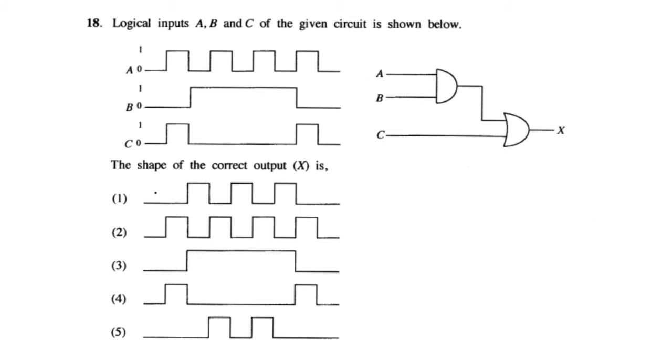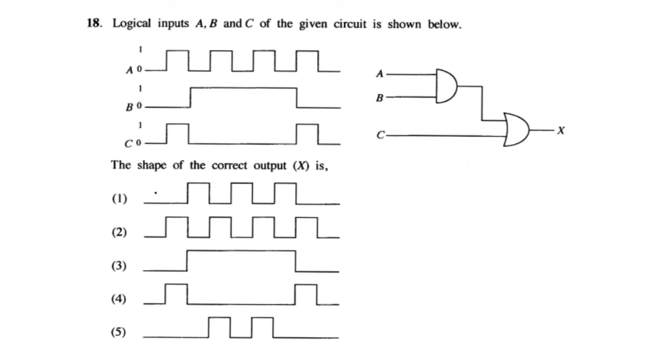So let's fill the next column C. It is for the input C. C is 0, 1, 0, 0, 0, 0, 0, 1, 0. Now X dash and C are inputs for the OR gate. So the output of the OR gate will be